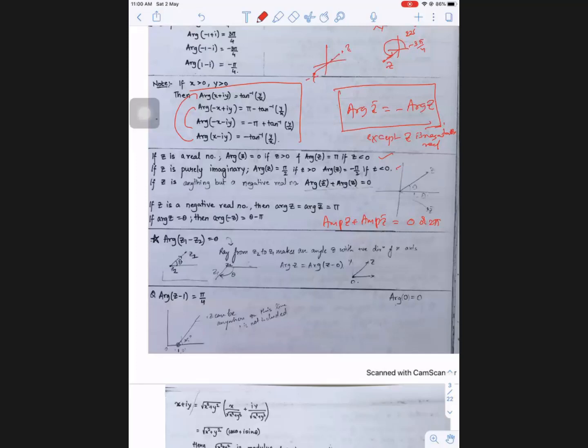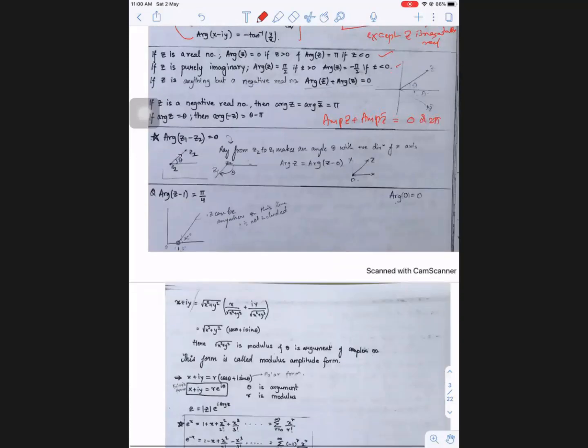Okay. Next, what is the meaning of argument of z1 minus z2 equal to theta? This result is also important. Argument of z1 minus z2 equal to theta means the same as vectors. So here z1 minus z2 represents a line segment, or you can take it as a ray which starts at z2 and ends at z1. So the direction is important: its initial point is z2, z1 is here, and z2 is not included here.